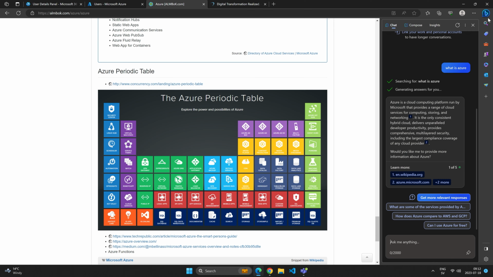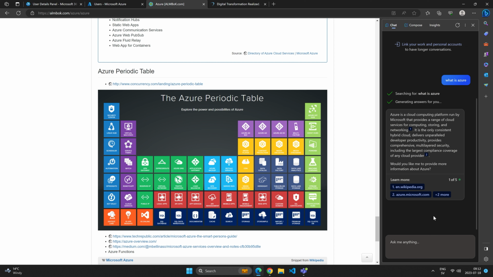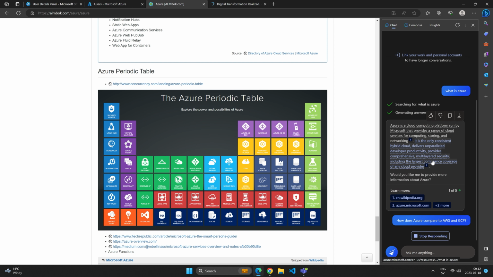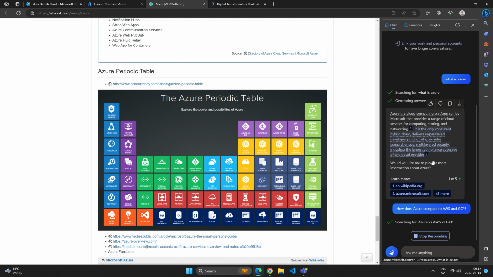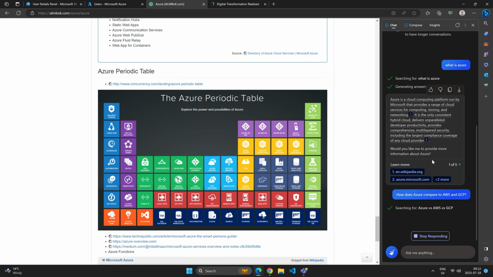Opening up the side panel here, my sidekick or Copilot, as Microsoft is naming it, I can ask the Bing service here, what is Azure? And I get a pretty good explanation of what Azure is and how it can benefit me, and I can also deep dive into this, and I can compare it to other cloud services like Amazon Web Services or Google Cloud. So for example, if I want to, how does it compare? I can use this kind of AI chat functionality to dive even deeper